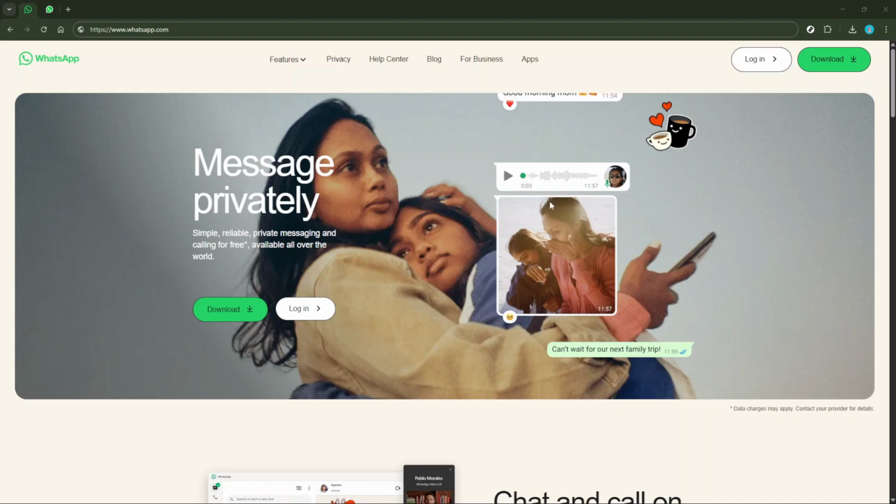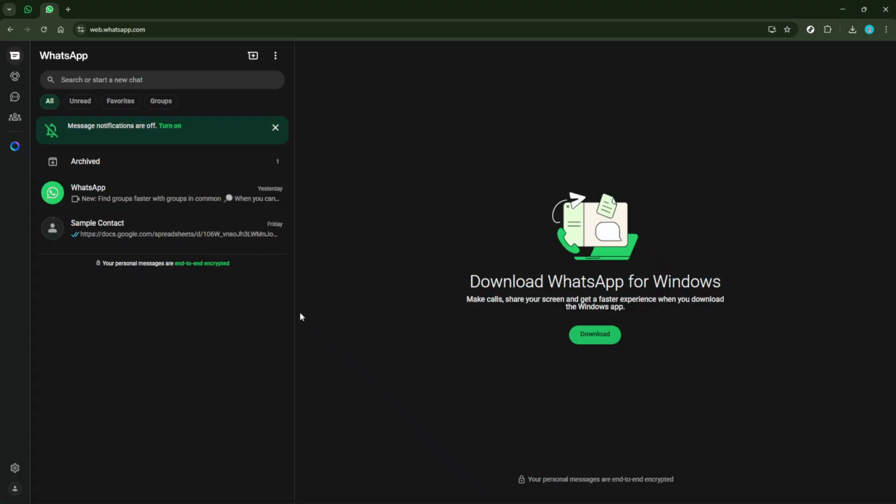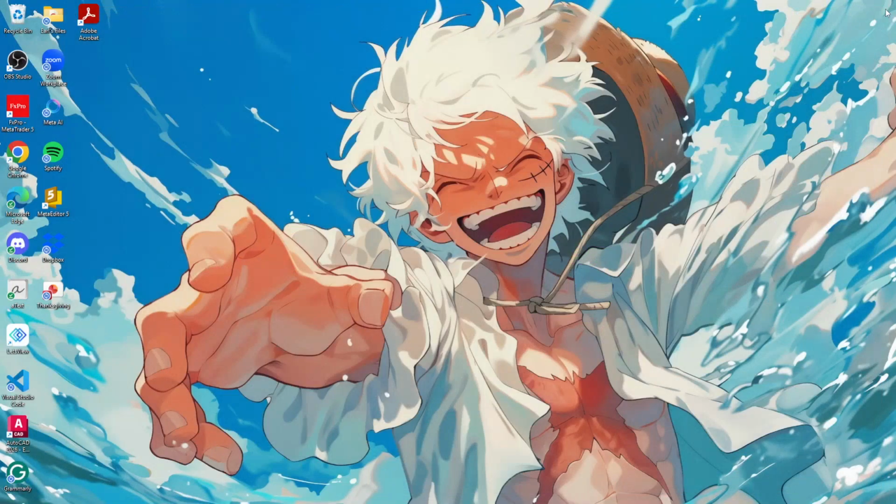First, it's important to understand that WhatsApp utilizes your computer's date and time settings to timestamp messages. Therefore, any adjustments need to be made directly on your computer. Let's start by closing WhatsApp on your PC. It's essential to do this as changes in your system settings won't reflect in the app if it's still running. You can close WhatsApp by finding it in your system tray or task manager and clicking on Quit or Close.